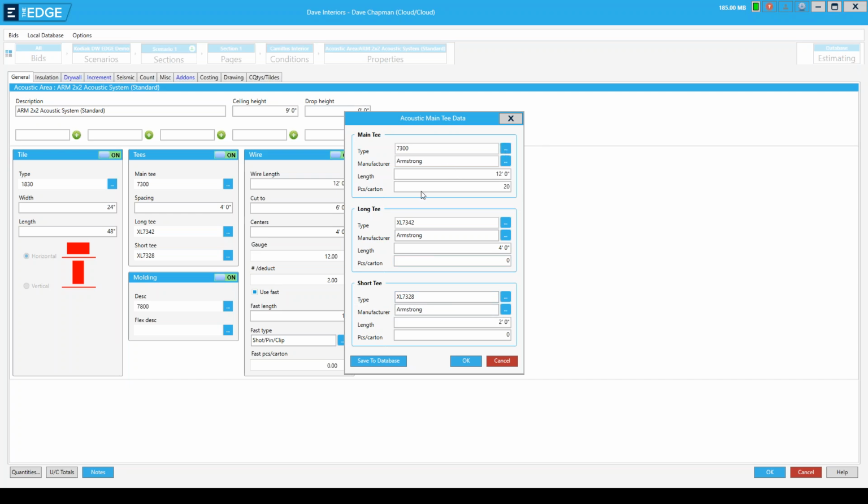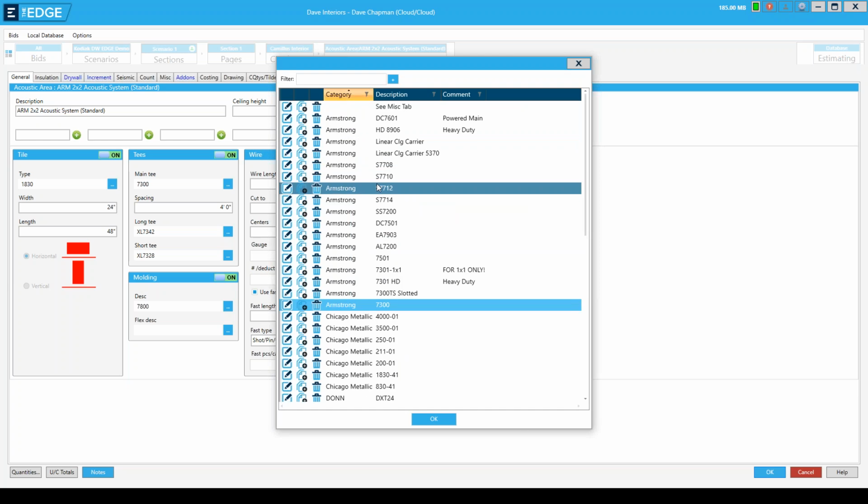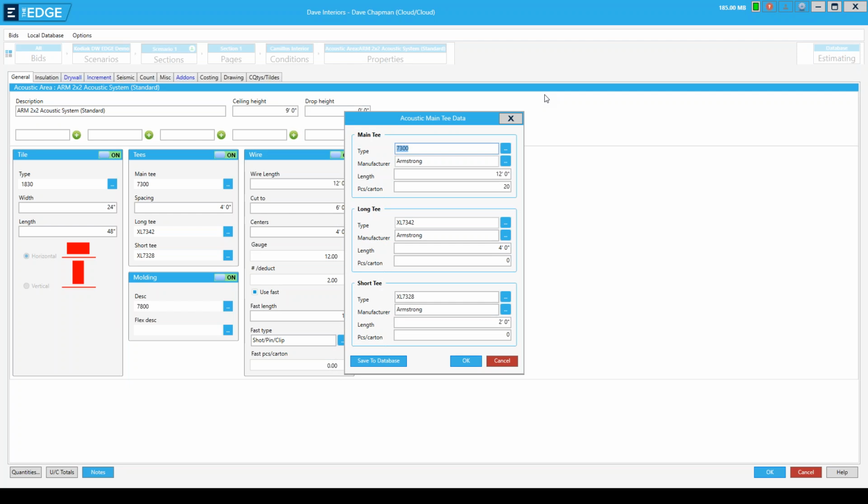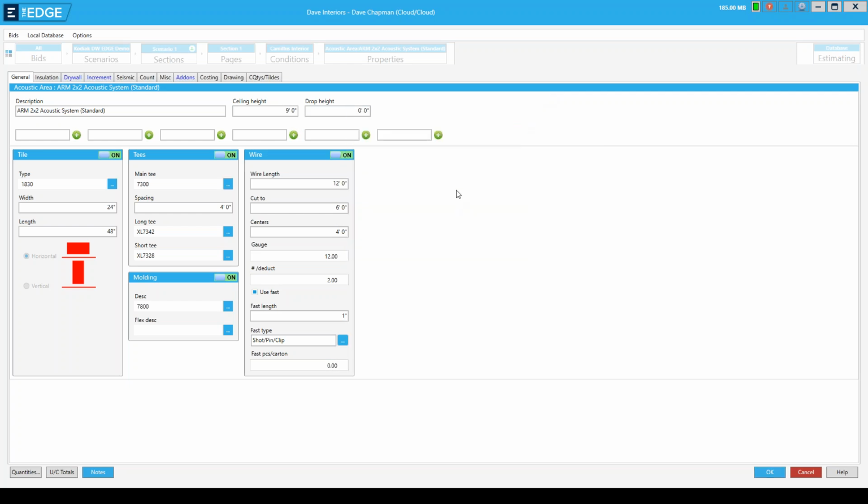Again, we try to keep these lists as detailed and up to date as possible for our grid systems. And if you're using the cloud version, then I would assume that as updates are made, they're rolled out to the software with your